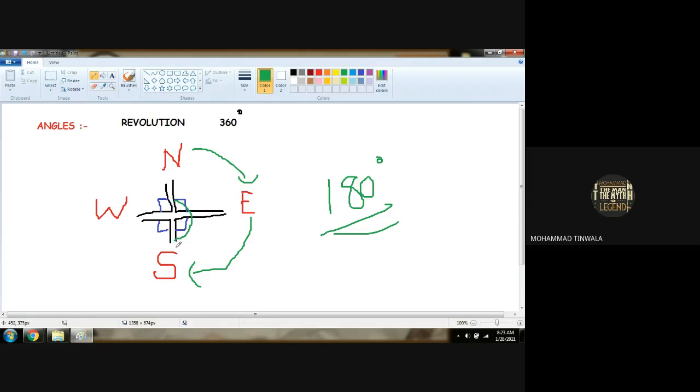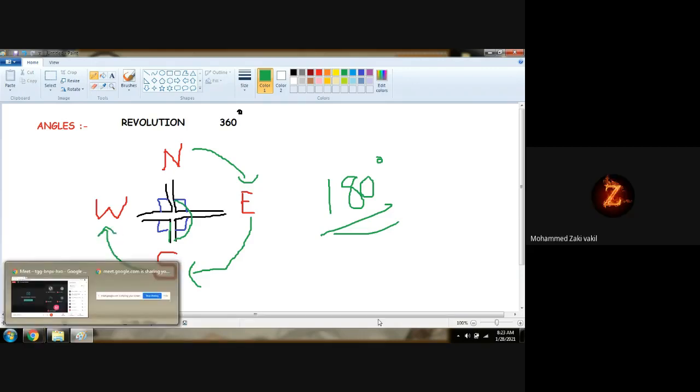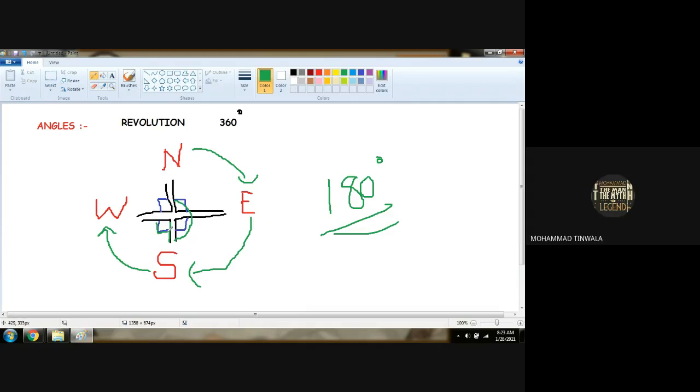If I say that Zohar Abbas wants to move from south to west, so south is the main direction. From south to west, if he is moving, it will go clockwise, 90 degrees. Very good. So you got the content. Now what is the revolution that he moved? If somebody asks you what revolution he moved, 90 degrees is the angle he moved, yes or no? Yes.